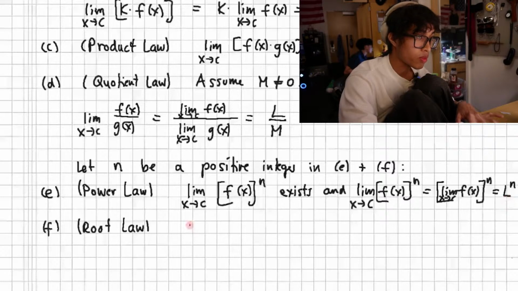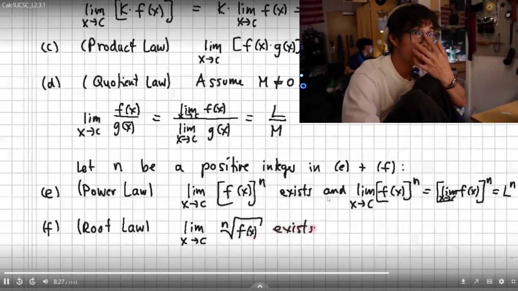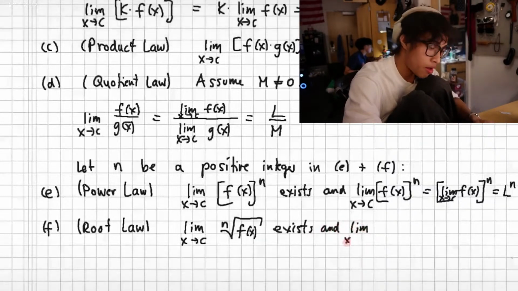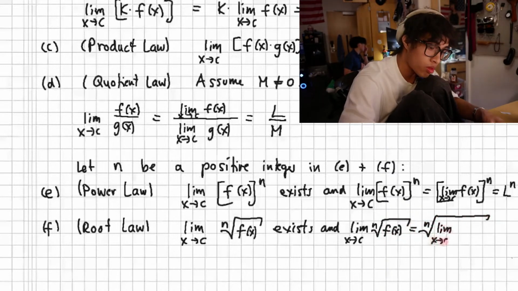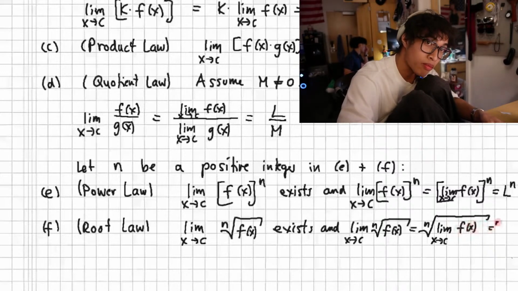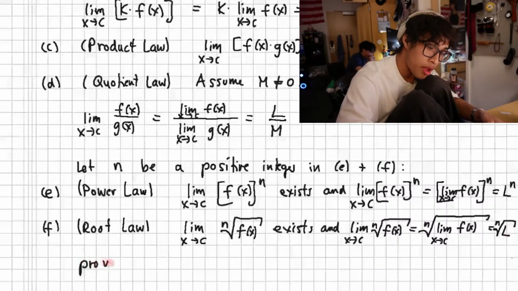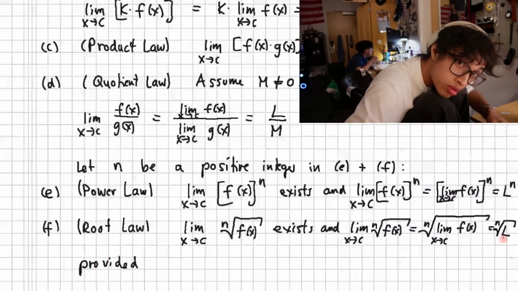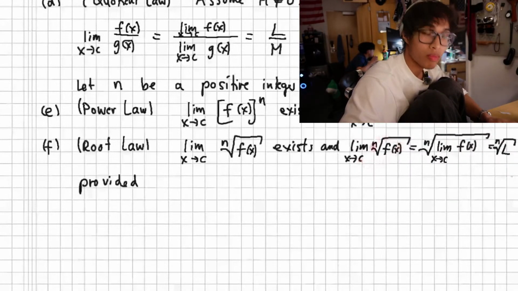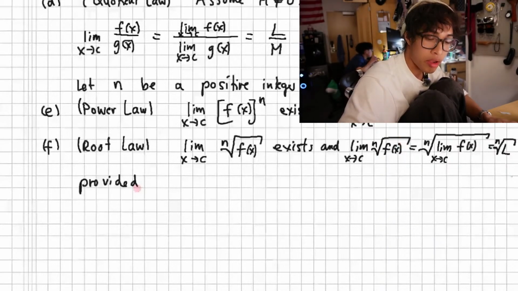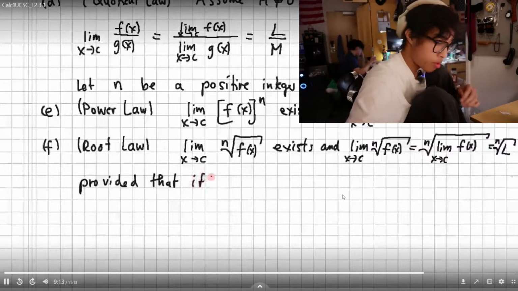So first of all, again, we will write that this limit is equal to the nth root of the limit as x approaches c of f of x, or simply the nth root of L. Now, as I just said, we need to be careful that we are not evaluating something that is not a real number. Our limits here are supposed to be real numbers. Or that we're not trying to give a value to a limit where I am not able to evaluate the expressions as real numbers. So this leads to the following statement: provided that if n is even,